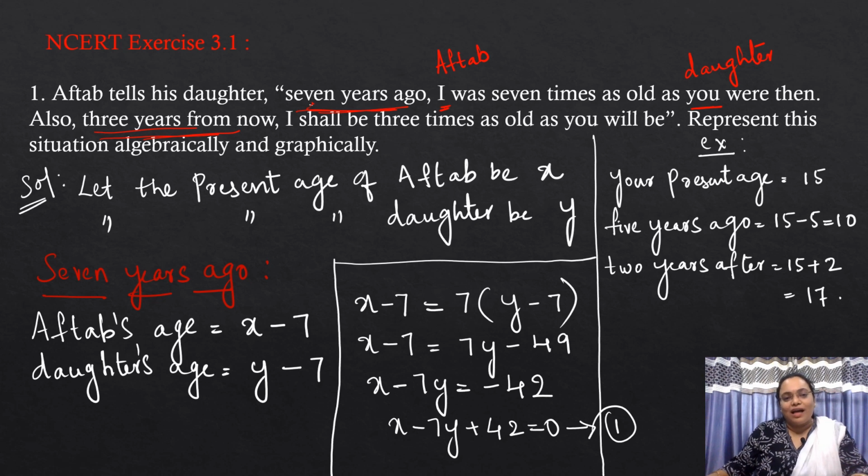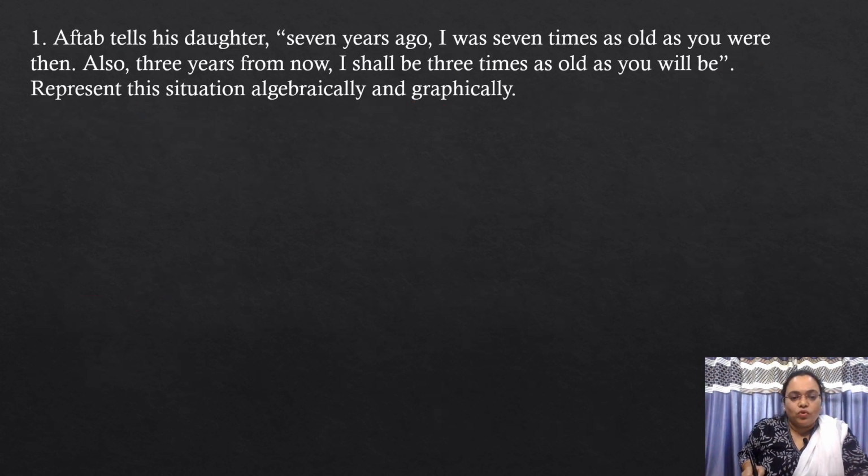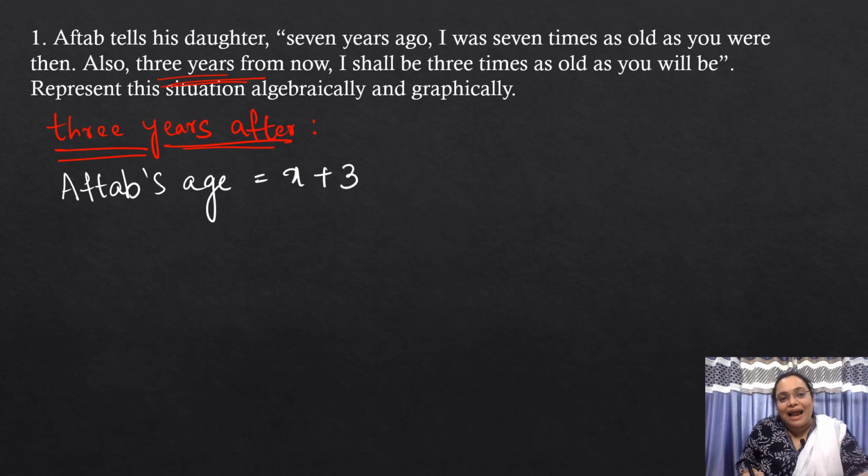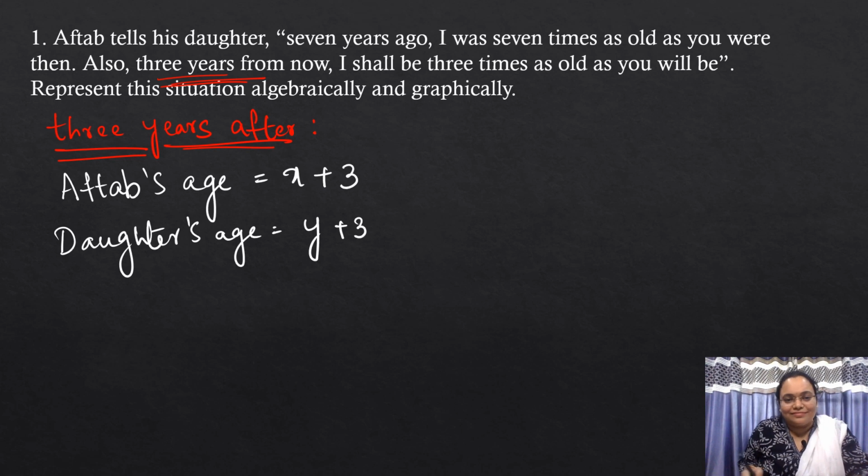Now let us form the other equation. We will go with the 3 years from now. 3 years from now is nothing but 3 years after. So after 3 years, Aftab's age is X plus 3. After 3 years, you will add present age plus 3 years. So daughter's age will be Y plus 3. Now 3 years after, I shall be, I is Aftab. I shall be,